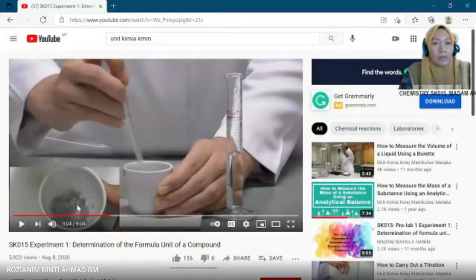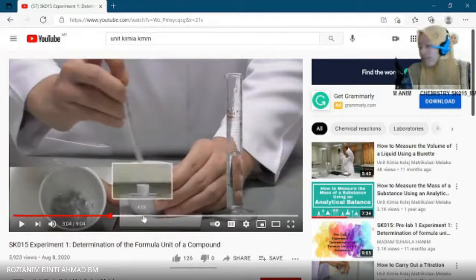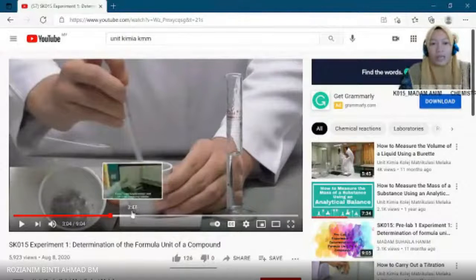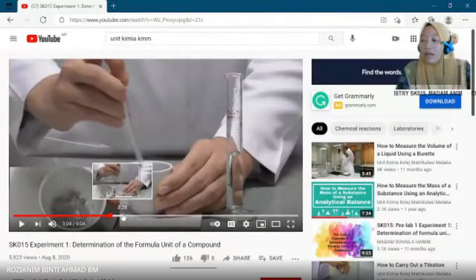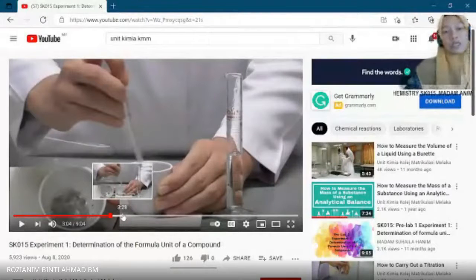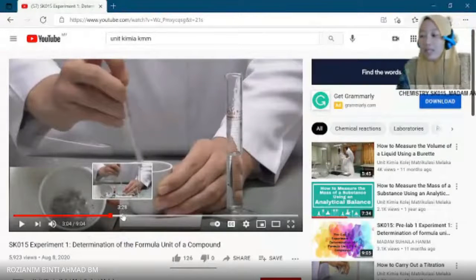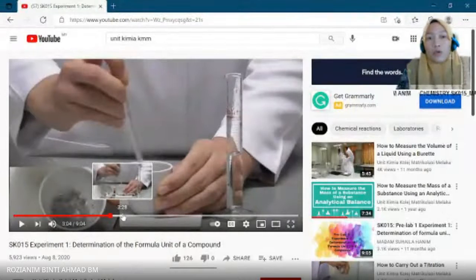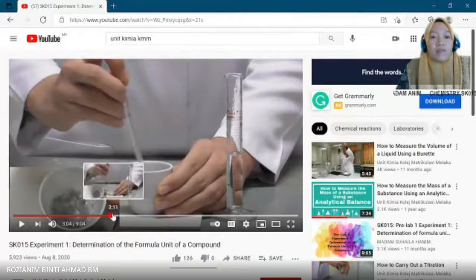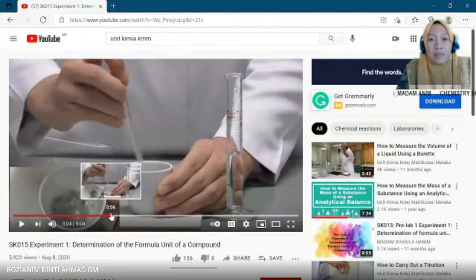But what happens if the zinc cannot dissolve? So, procedure number 4. After that, we add more hydrochloric acid in procedure number 4, which means we add another 5 ml. But the total amount of hydrochloric acid must not be more than 20 ml. Why? As mentioned earlier, if we add too much hydrochloric acid,